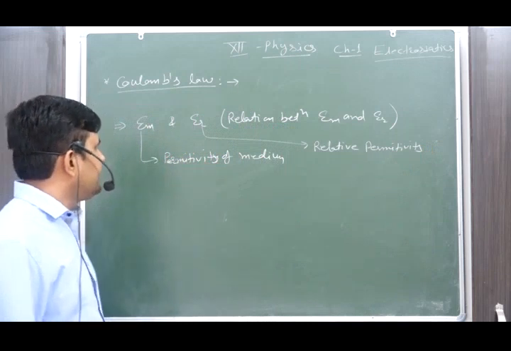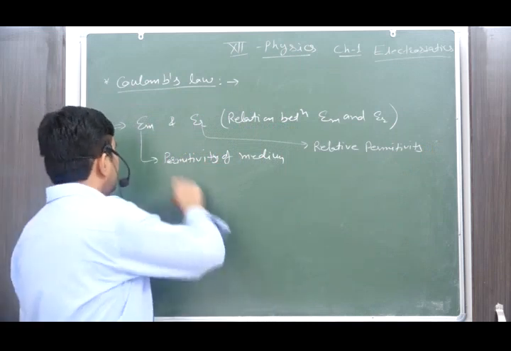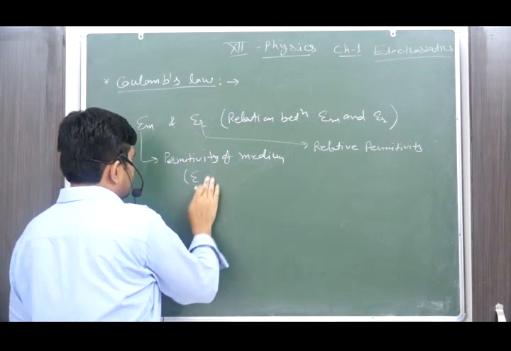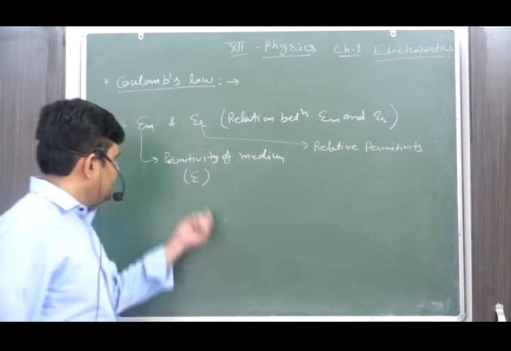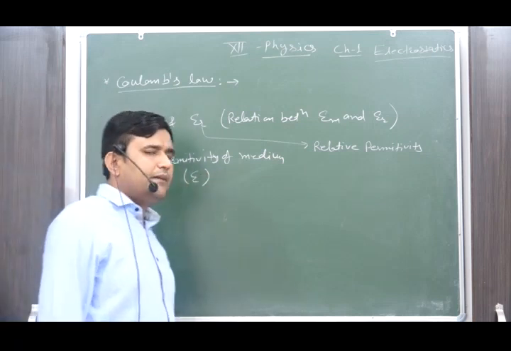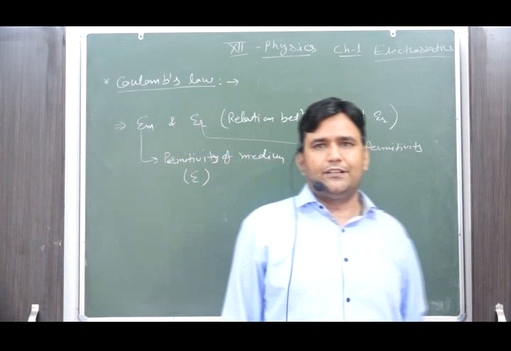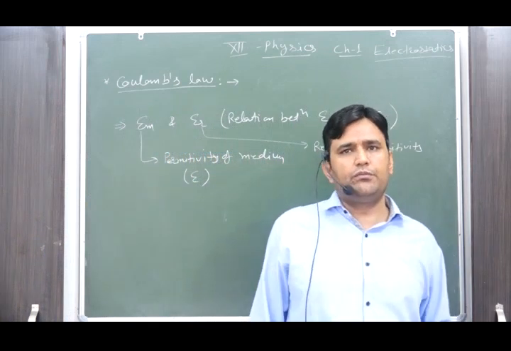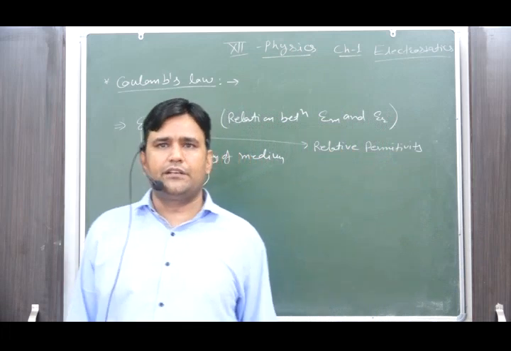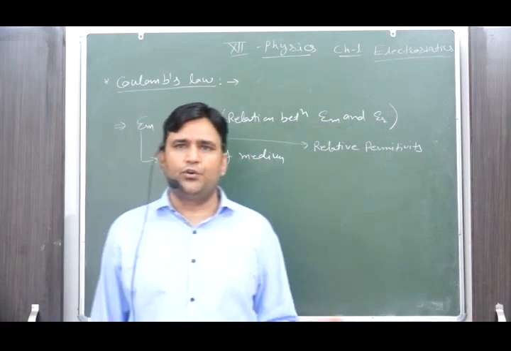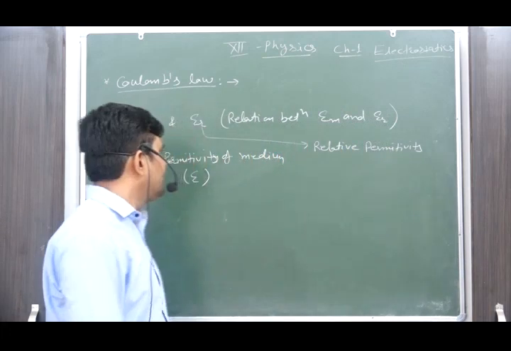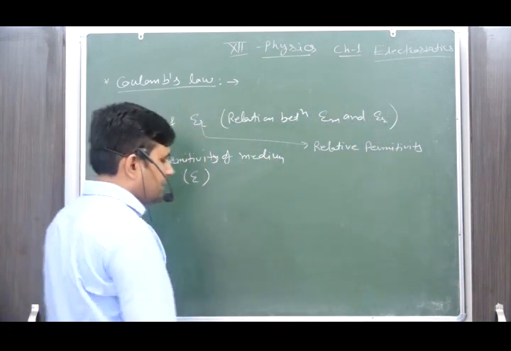And both are to be associated in the formulations. Sometimes it is also written in terms of epsilon. If we are talking about the permittivity of the medium, it is also represented by only epsilon. There is no need to put down epsilon m. Here we are just trying to differentiate epsilon naught, epsilon r and epsilon m. That's why we write them in these formulations.